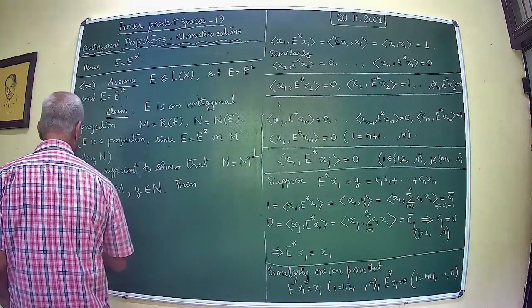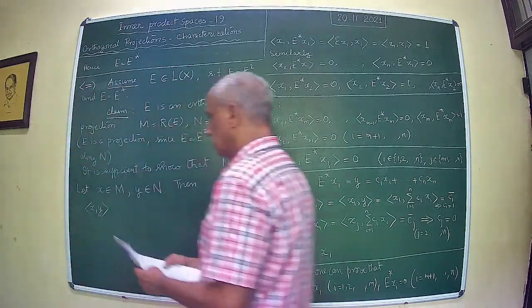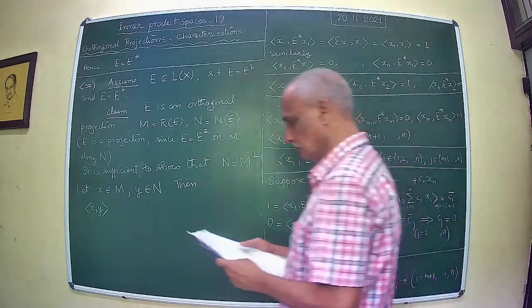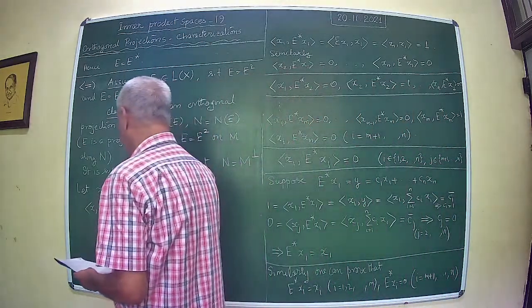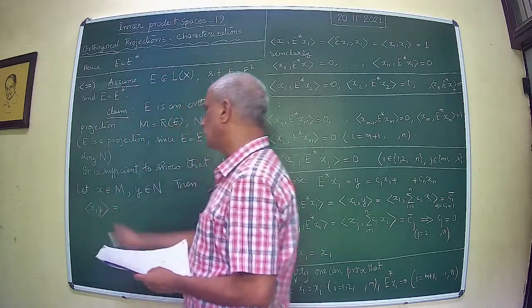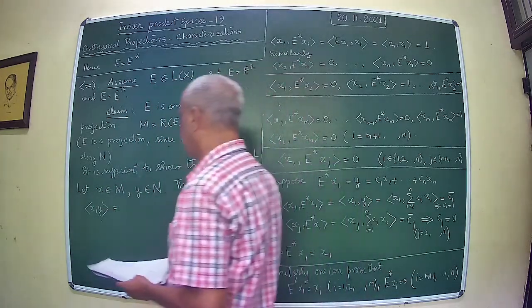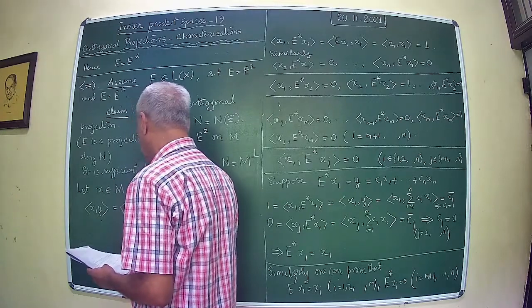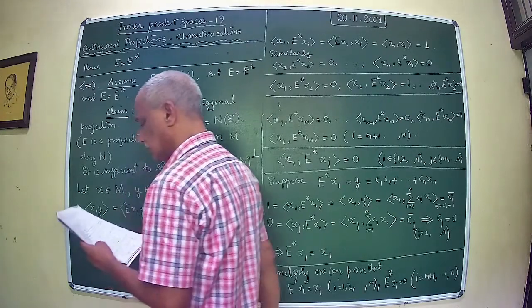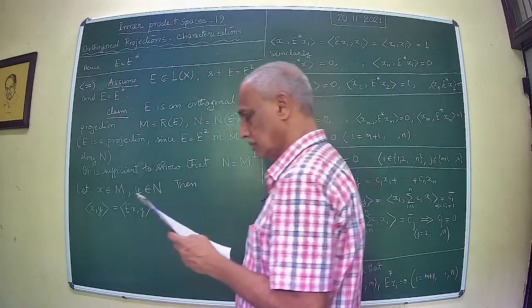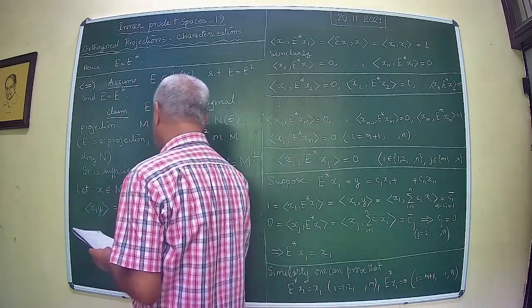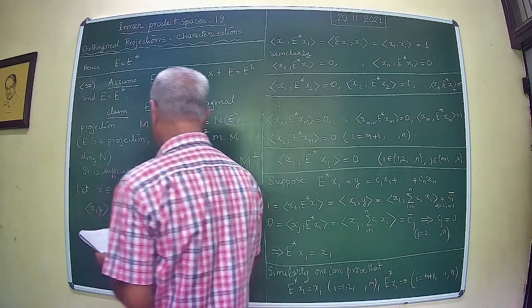Since they are arbitrarily chosen, if we can show that this is equal to 0, then you are done. Okay, so x belongs to M, therefore I can write this as Ex, y. And that's equal to what? x,